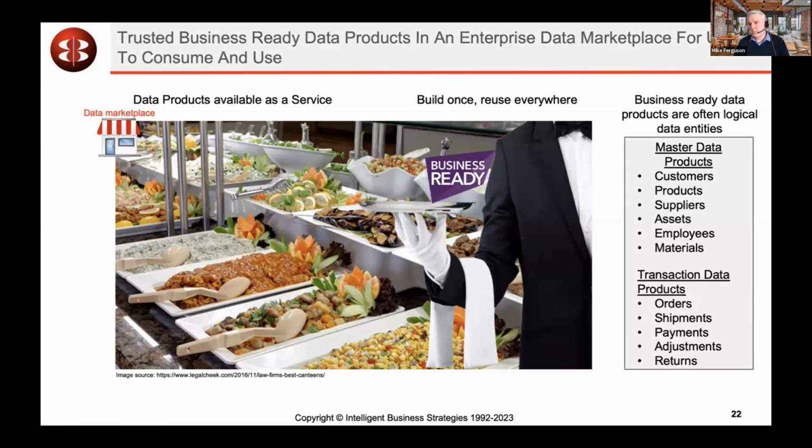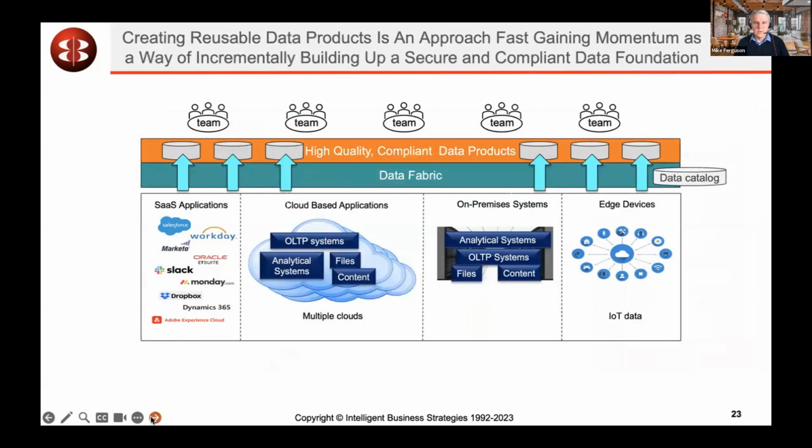speed us up. Some examples of master data and transactional data products are shown on the right-hand side, which most businesses can relate to. The other thing that's emerged is, we need some kind of platform to connect all these different disparate data sources, which are in multiple clouds or on premises. Could be software as a service apps, or even edge data sources. And Data Fabric has often emerged as a way to do that, supporting multiple teams as a common platform to go build high quality data products